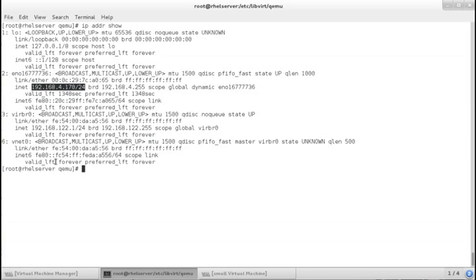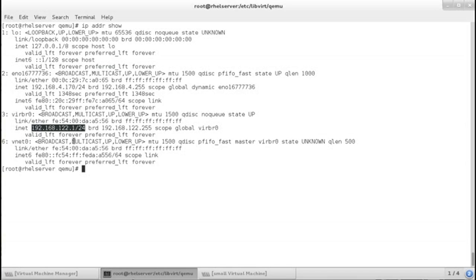And this is the IP address that the host machine communicates with on its network. And there is virbr0, which also has an IP address. In case you wonder why, it is because the virtual bridge is operating in a NAT mode. So it is doing network address translation, which allows all the virtual machines to get outside with a specific IP